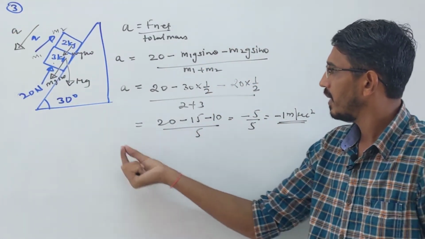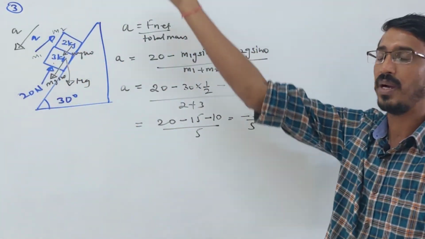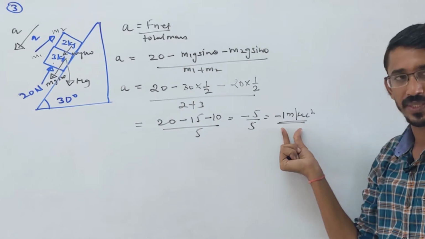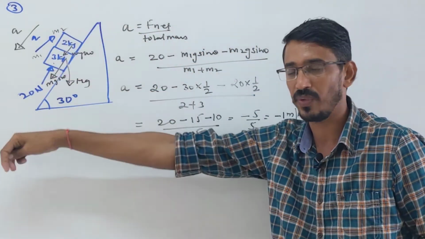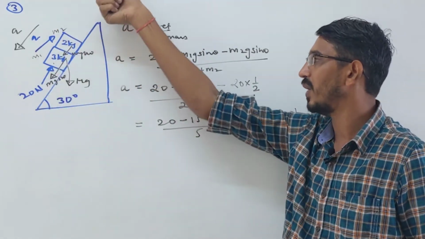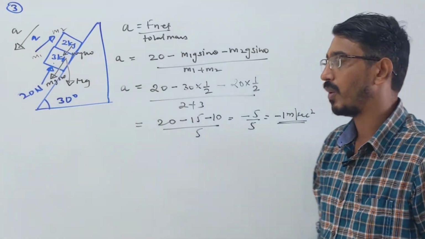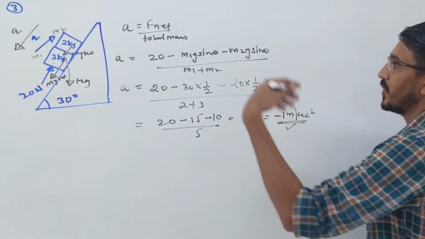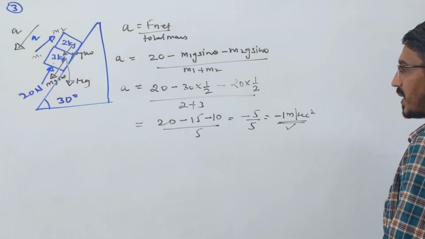I am saying like that. Suppose 20 newtons is a big force. So I said the system is moving upward, but my acceleration came as a negative answer. It means this is moving in the opposite direction. So these blocks are moving downward. Even though we are applying force, this force is not sufficient to move them upward. Even if we apply this force, the blocks are moving downward only. Okay, no problem, so we have just changed the direction. The correct direction of motion is downward. Now let's write the FBD.